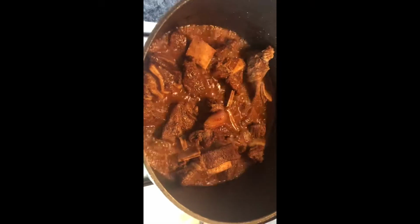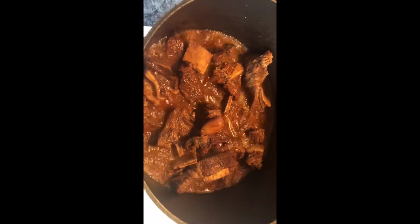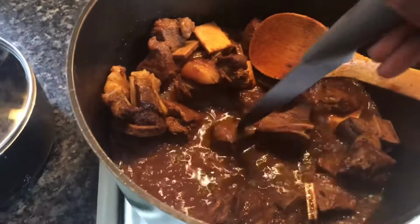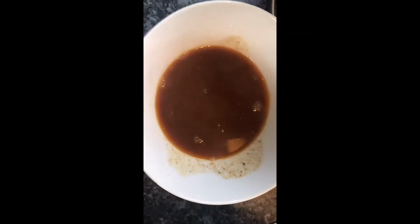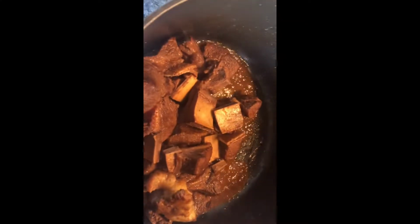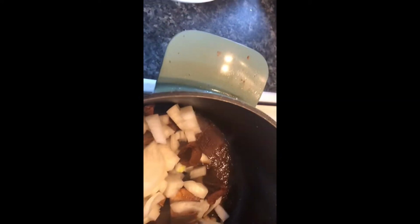Now I'm just going to add some onion onto my derere, and then half of the onion is going to go in the beef. So now, as you can see, there's still a bit of water in the beef. I just use a knife to dip through the meat, and it feels really nice and soft. So this way I know that it's done. Some of the water I've tipped into the bowl, and now what I'm going to do is add the onion in